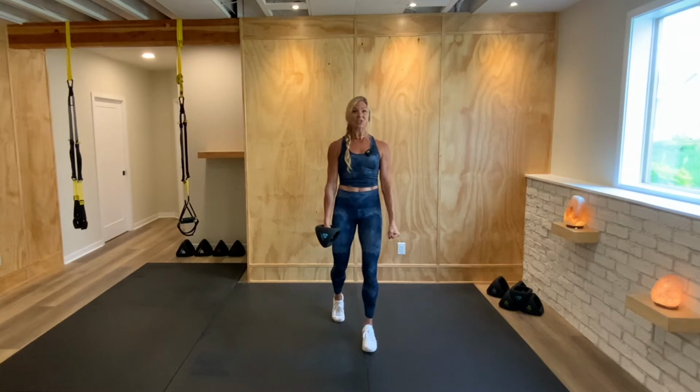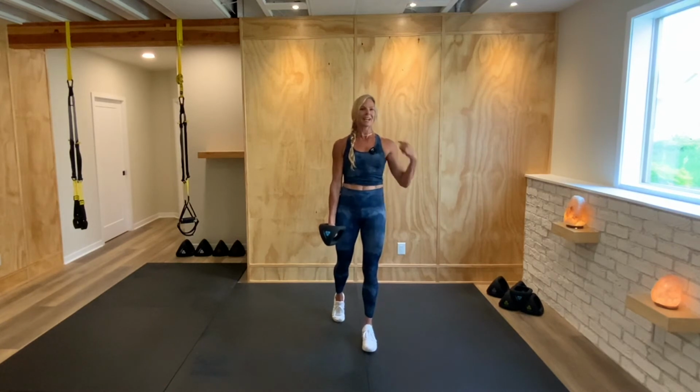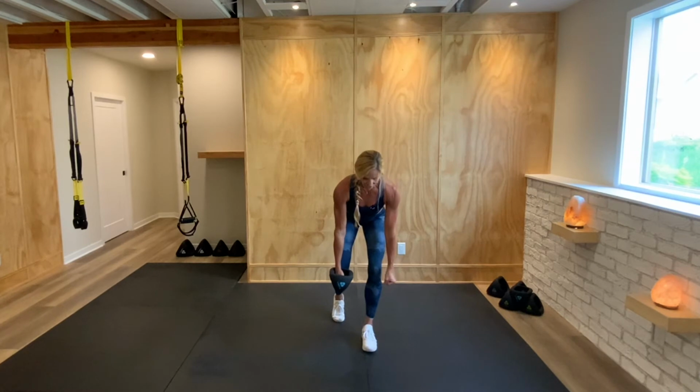Here we go. Hinge your hips, push your hips back. Keep your chest broad. Bend both elbows, pull the YBell towards the bottom of your rib cage. Lower it down, stomp into the floor and stack your shoulders over your hips. All right, 7 more just like that. Hinge, pinch your shoulder blades together, lower it,